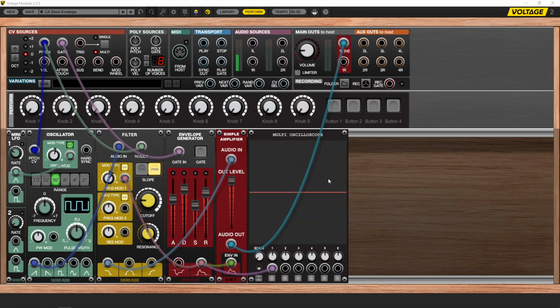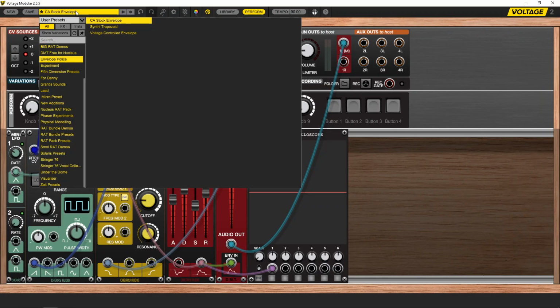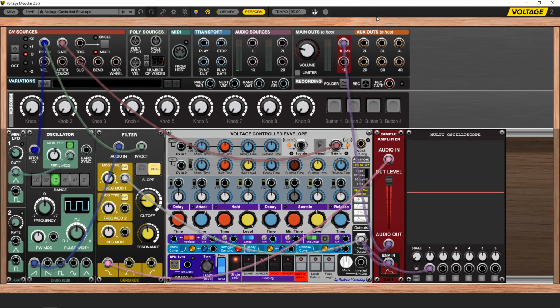And I put in a request to Andrew so that it doesn't do what it used to do. I'll just demonstrate what it used to do. So if we look at the voltage controlled envelope, again, very similar setup. You've got the envelope output controlling the filter cutoff and the amplitude level. So again, we go through the typical ADSR cycle, let it decay all the way back to 0, press a new key,